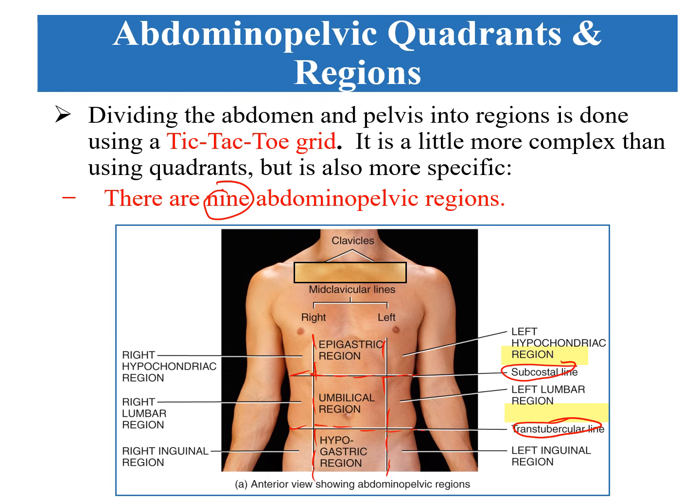This then gives us these 9 regions: the right hypochondriac region, the epigastric region, the left hypochondriac region,